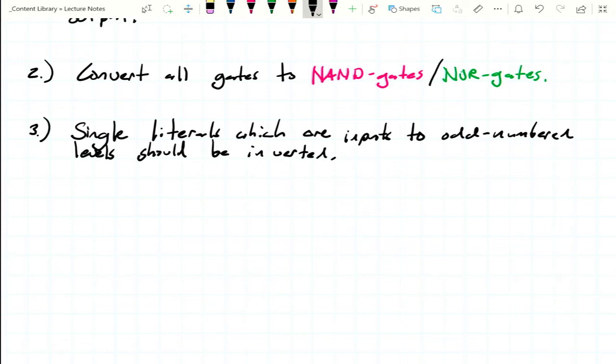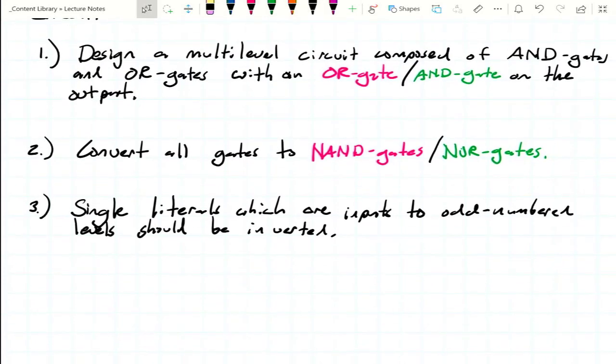So, design a multi-level circuit composed of AND gates and OR gates, with OR gates or AND gates on the output. Convert all gates to NAND gates or NOR gates, depending on what you're doing. And then three, no matter which they are, single literals that are on inputs to odd numbered levels, level 1, level 3, level 5, level 7, should be inverted. This is true of